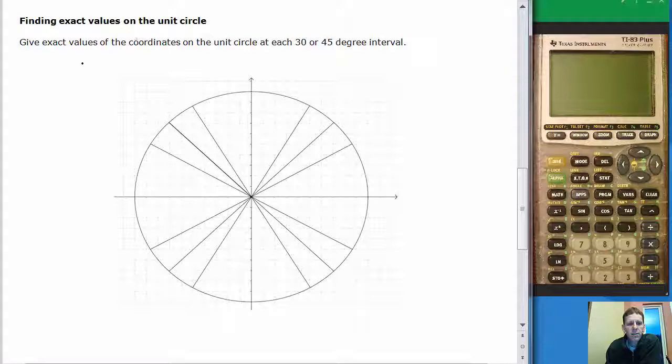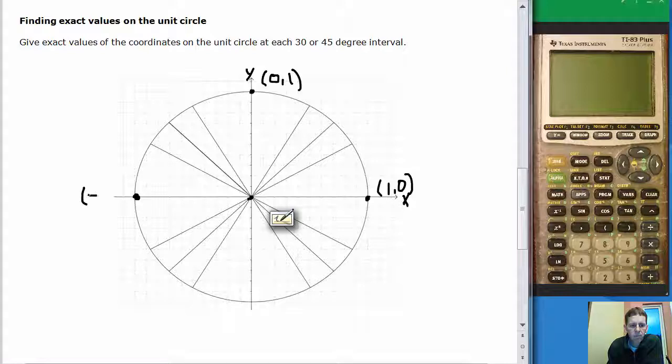Finding exact values on the unit circle. We're going to give exact values of coordinates on the unit circle at each 30 or 45 degree interval. Now, because this is the unit circle, a circle with a radius of 1, if you consider the center point here to be the origin, and this being our y-axis and this being our x-axis right here, you can consider that the value here, that I've just put a dot at, along the x-axis, has the coordinates 1, 0. And this should allow you to also find coordinates of all of these points that are located at intersections of an axis